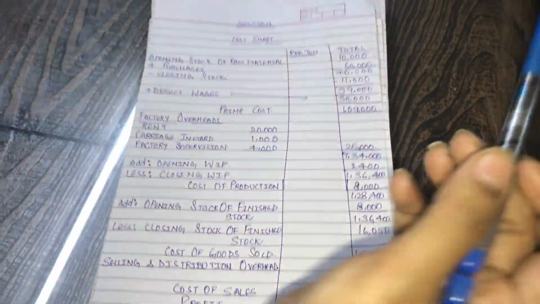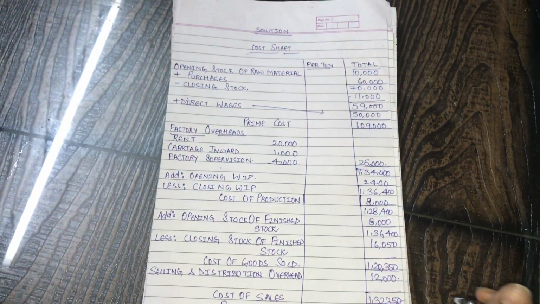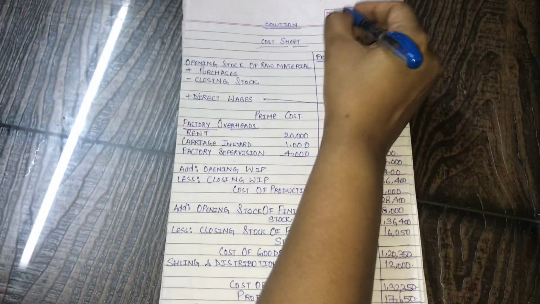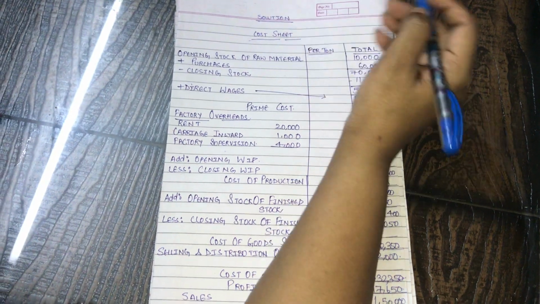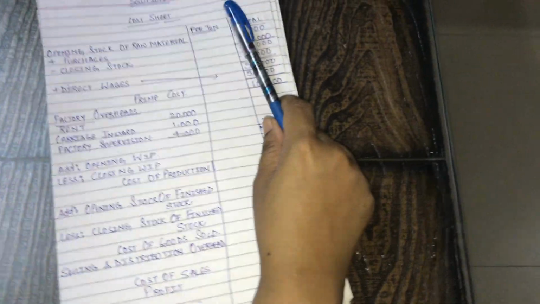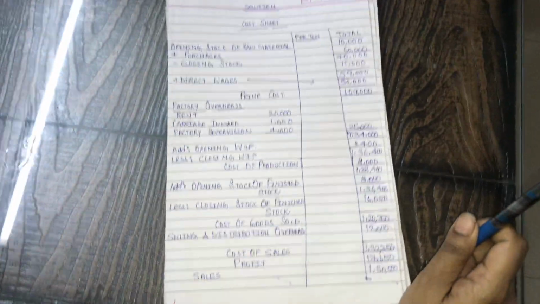Good morning, students. Today we are going to learn about the cost sheet. As we know, a cost sheet is a document which provides for the assembly of the detailed cost of a cost center or cost unit. Basically, a cost sheet is a combination of prime cost, factory cost, overhead cost, and selling and distribution cost. Prime cost basically includes the cost of all direct material, direct labor, and direct overhead.